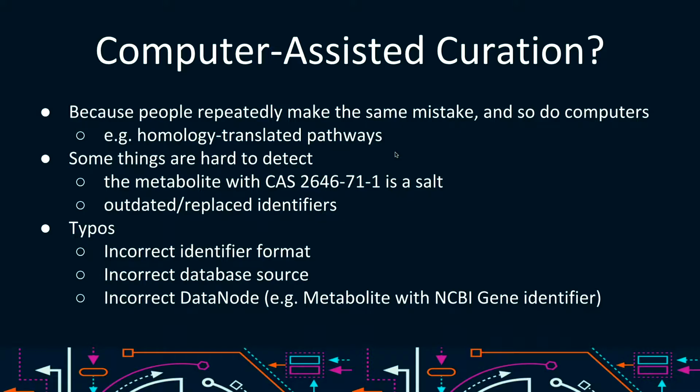Now, Denise in her first presentation gave a number of other reasons, things that we want to curate, like metabolites with undefined stereochemistry. Not necessarily wrong, but it might make the interoperability harder. Another thing that I would like to mention there is outdated and replaced identifiers, something that we repeatedly run into. External databases that we link to get updated, and ChEBI is an example of that. So they deprecate records every now and then. HMDB, same thing, and